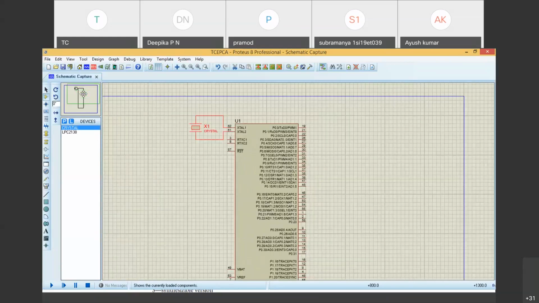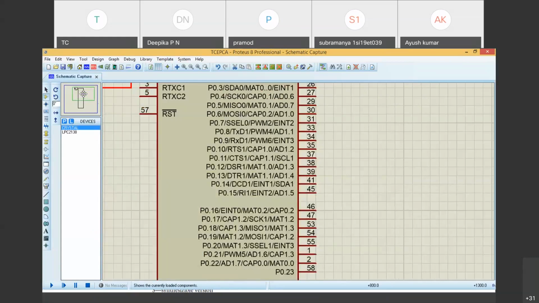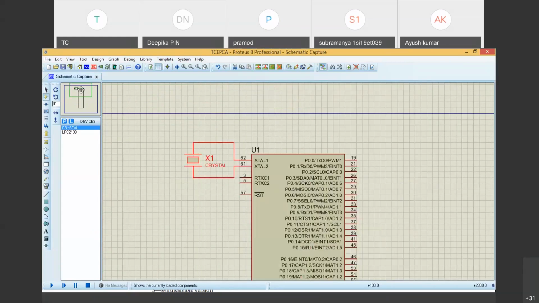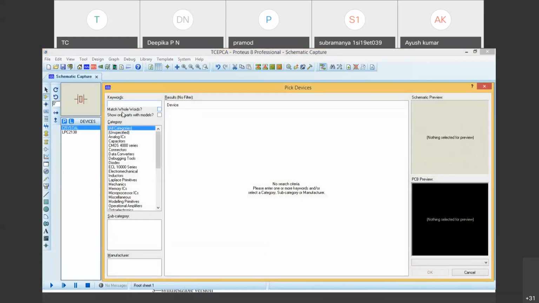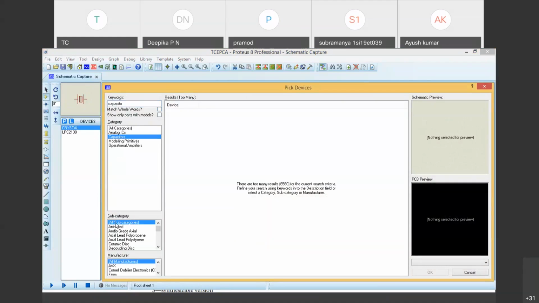You can see here coming on this window. Okay, so just come over here. So what I will do, again I'll click what component next I need. Crystal is done. I'll take ceramic capacitors. So I will say capacitor. If I type, it will get me capacitors. Click on this capacitors and in search here, ceramic disc.